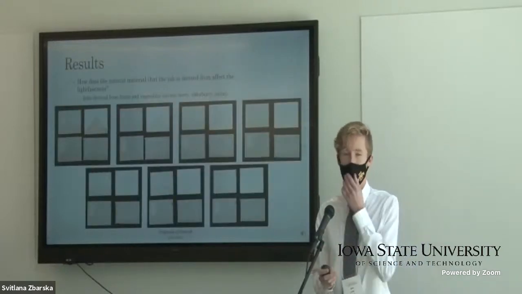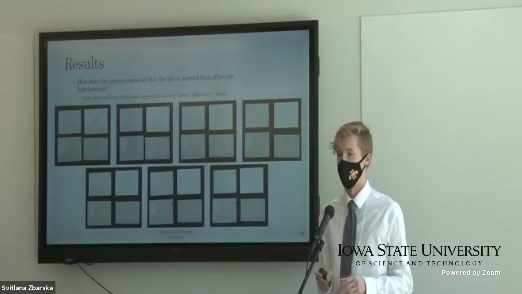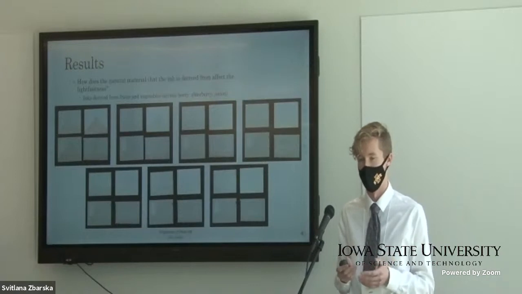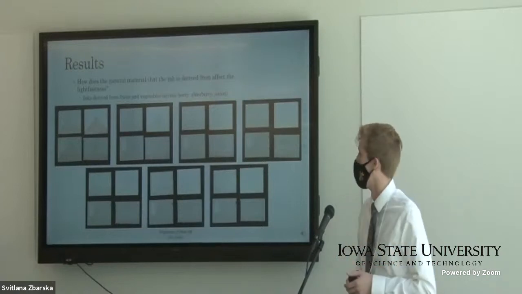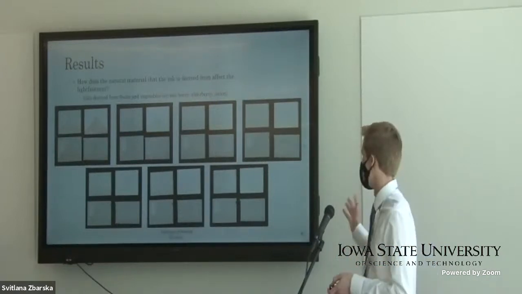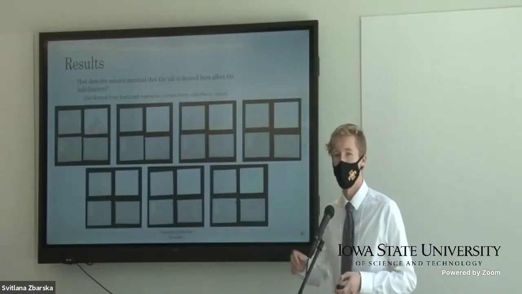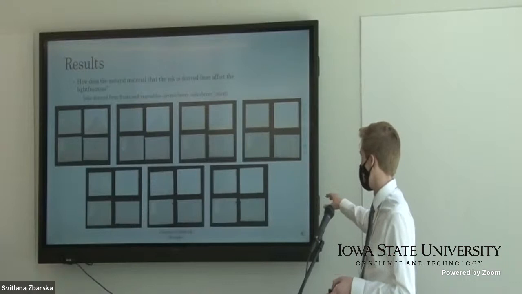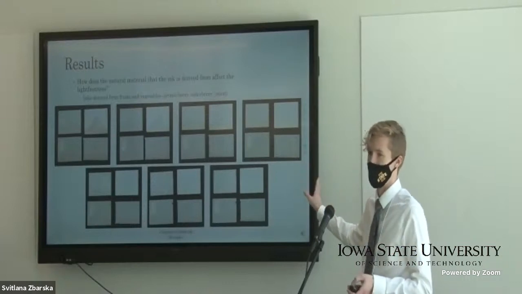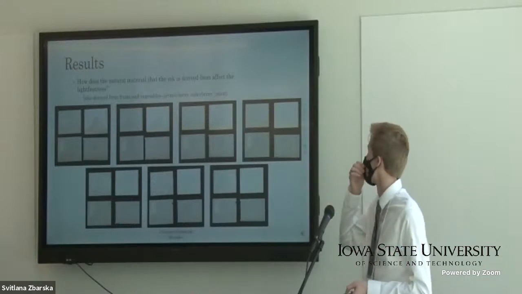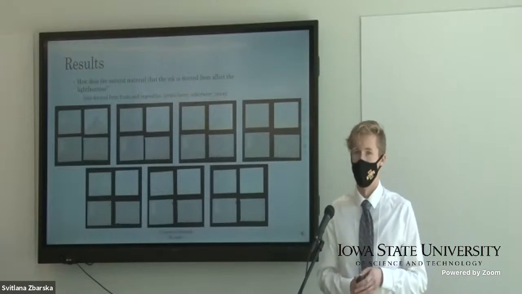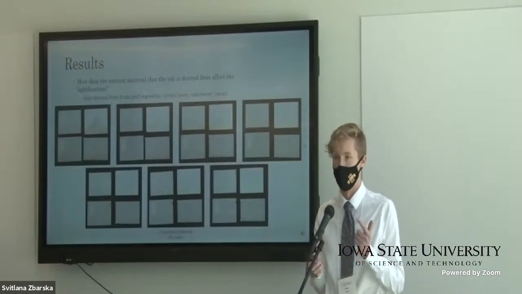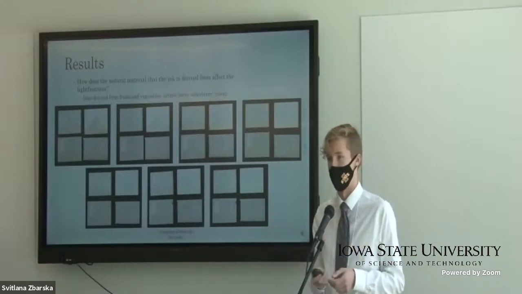So, for our results, we'll look at this first question. How does the material that ink is derived from affect the light fastness of the ink? On this slide right here, we have the onion ink over a period of 6 weeks. You can see from that first scan right there, it starts out like a light orange, and then in the final scan on the bottom right, the scan really isn't visible anymore. This was also observed for similar types of inks derived from fruits and vegetables, which include the aronia berry, elderberry, and of course the onion ink, which is on this slide.